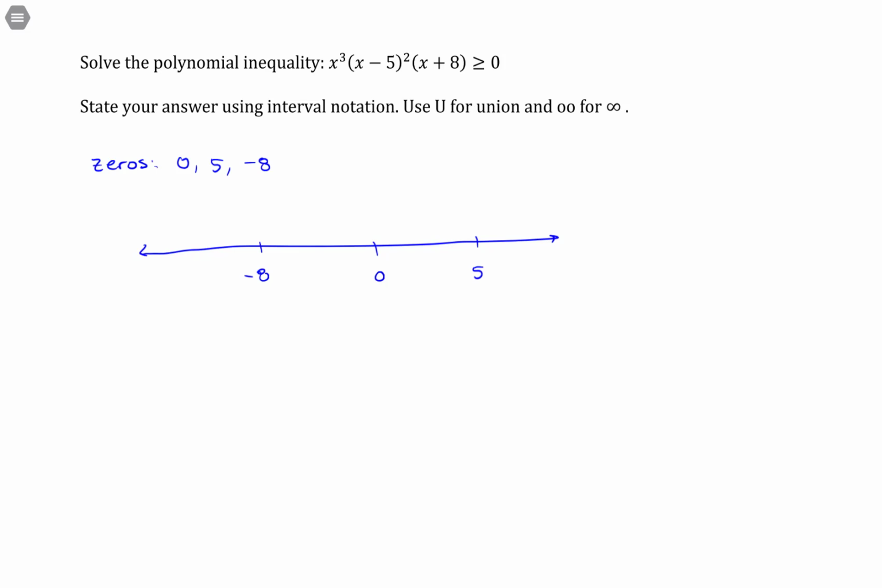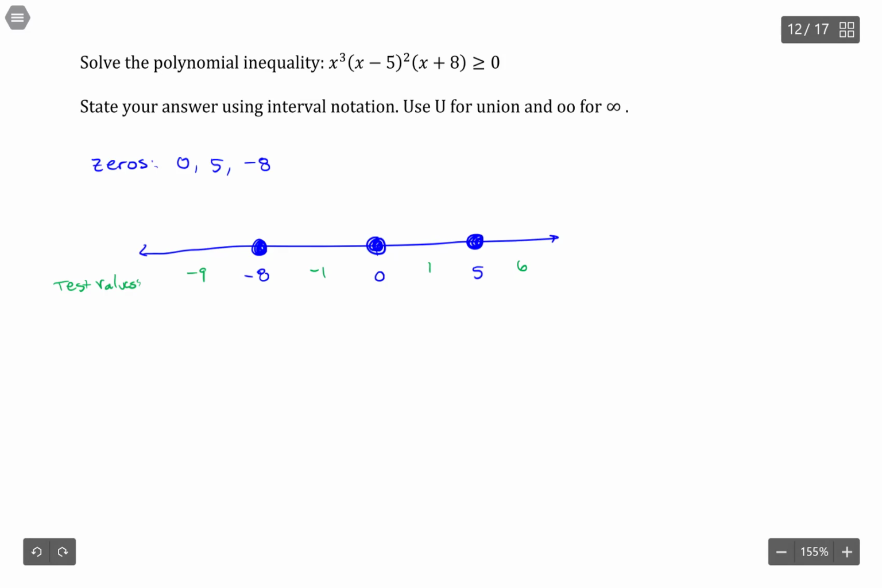So since the polynomial is equal to 0 at each of these, I can go ahead and put closed circles on these values. But to get the rest of the answer, I need to choose some test values. So for instance, negative 9 is on this first interval, negative 1 is here, 1 is there, and 6 is on that interval. And I just plug each of these into my polynomial to see if the result is positive